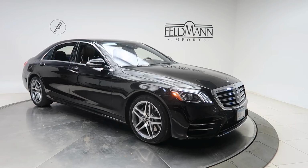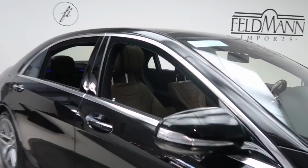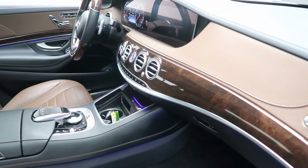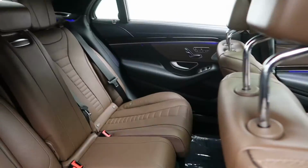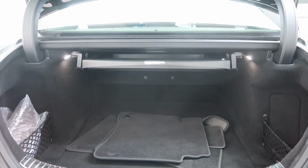This one has the AMG line with the AMG exterior and interior, 19-inch split 5-spoke AMG wheels, a nut brown black Napa leather interior with a high gloss burl walnut wood trim, panorama sunroof, warmth and comfort package with front and rear heated seats, S560 4MATIC badging, power liftgate, comfort box for extra storage, clean set of floor mats,